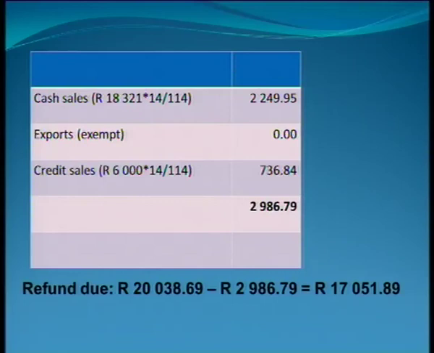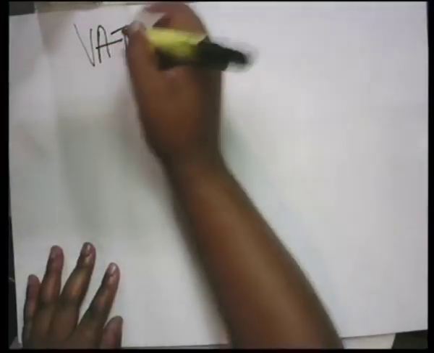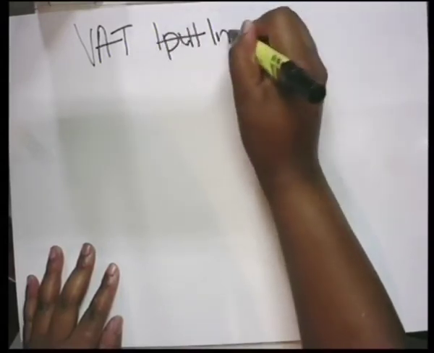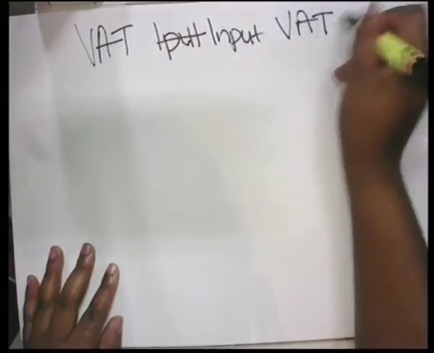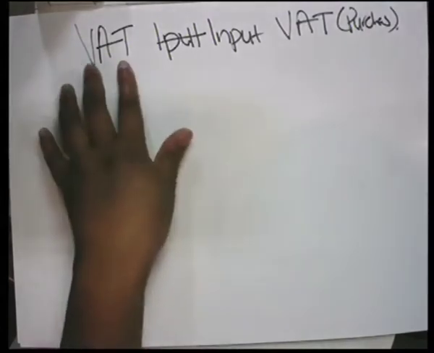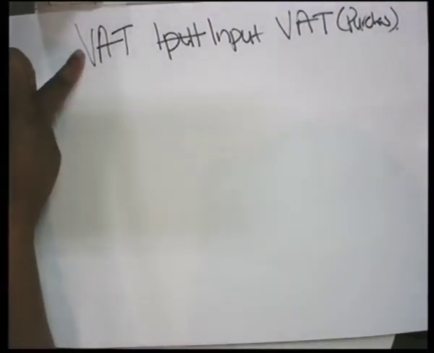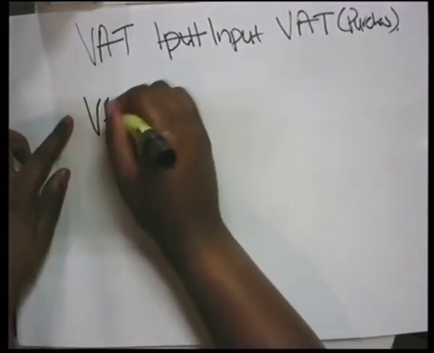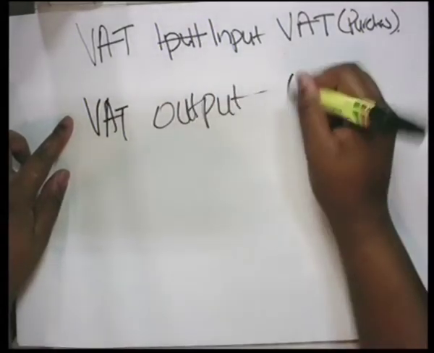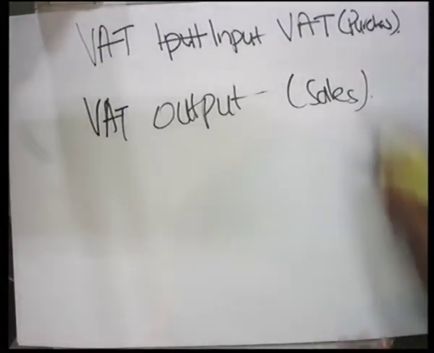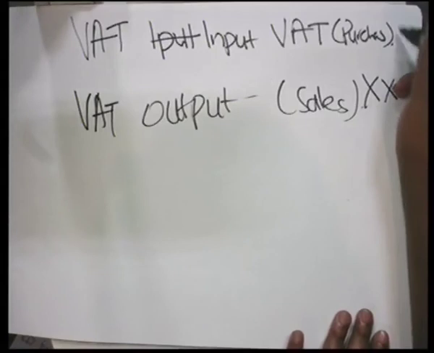So, meaning what I'm trying to explain to you is to say that the VAT that we have now calculated, our input VAT on purchases, so on our daily operations, we are telling the receiver, this is the VAT that we paid. Now we are telling the receiver with VAT output, this is what we have charged. This is what we are supposed to give you over. So we are going to give you X amount of money, but you need to give us X amount of